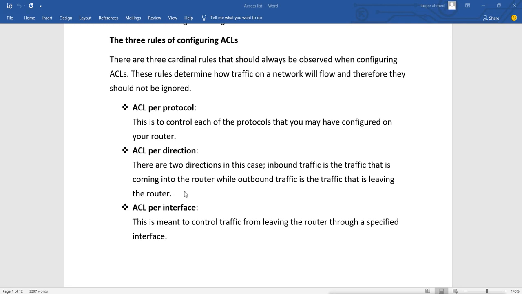So remember, you have to think like a router: whatever traffic is coming into the router, we call inbound traffic, and outbound traffic is that which is leaving the router. So we can create the ACL based on these directions, whether we want to filter outbound traffic or inbound traffic.